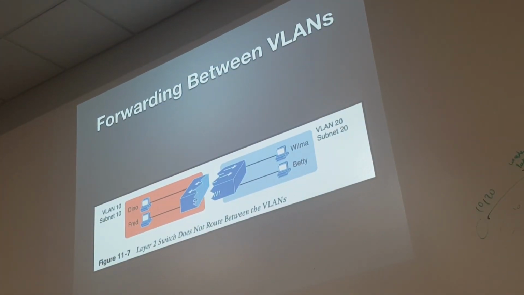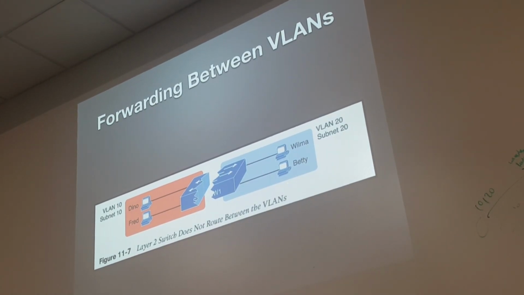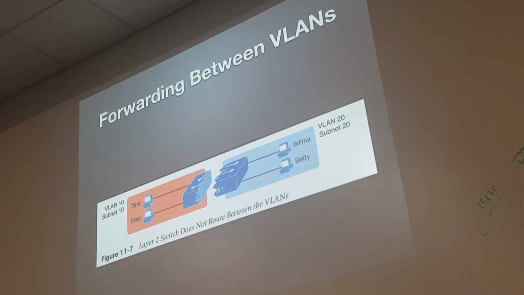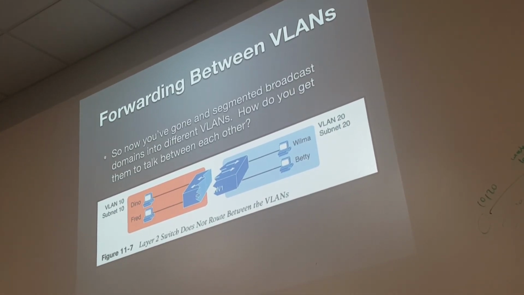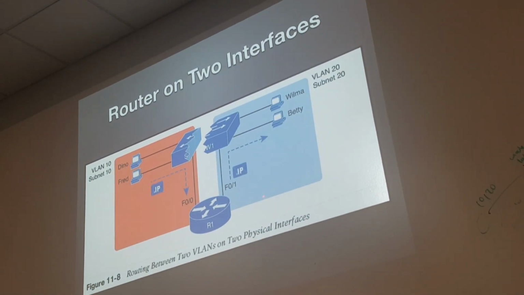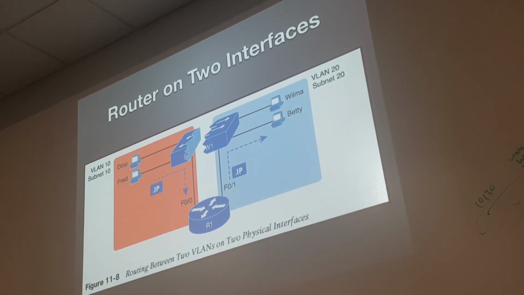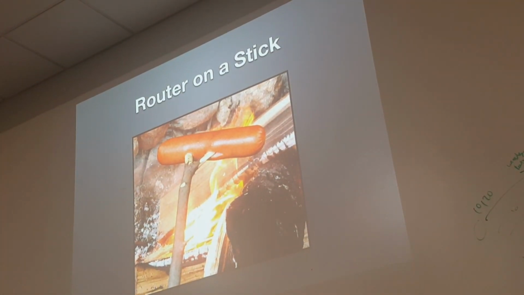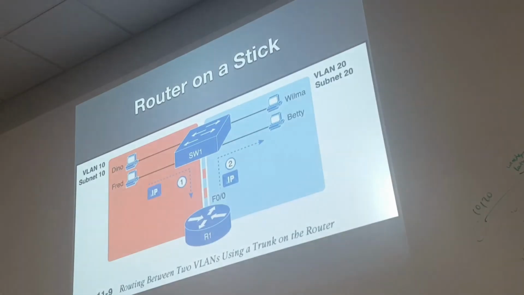Because we're on a layer 2 switch, these guys want to talk to these guys because they're sharing files or whatever. We need some way of bridging the gap. What we do is put a router on there. So Dino and Fred can talk to their default gateway, who's also connected to the Wilma and Betty VLAN 20 network, and they can route packets just fine. Note that we have two different cables here, all on the same switch, just one's on VLAN 10 and one's on VLAN 20. They created this cool little term called a router on a stick